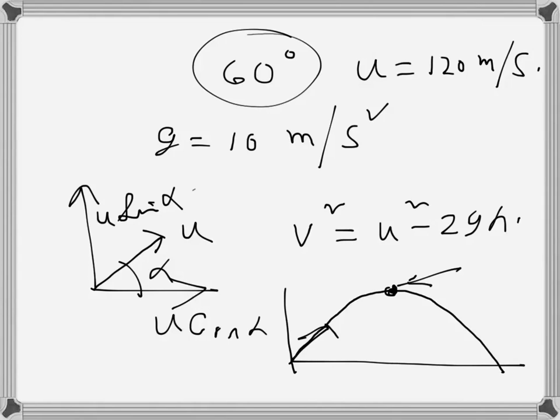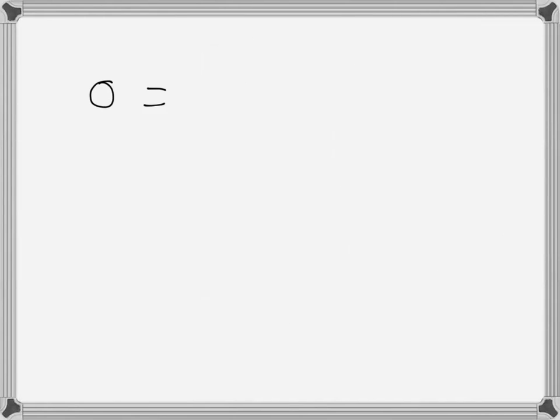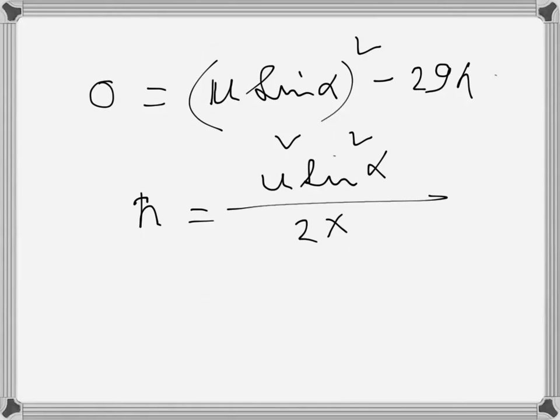So these are all the vertical components, so let's call them vy and uy. And vy, the final velocity, is 0 at the maximum height. So instead of uy I'm writing u sin alpha, squared, minus 2gh. So h will be u squared sin squared alpha over 2g. So 120 times sin alpha,